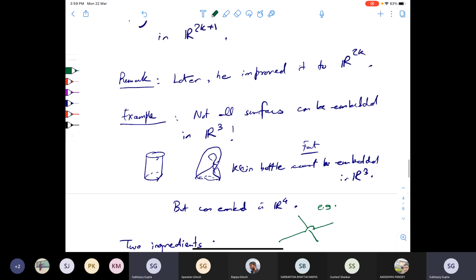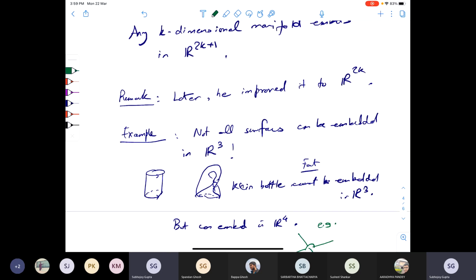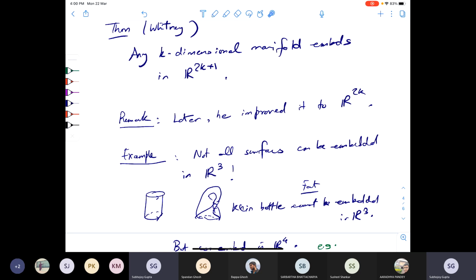Okay, so this is why the Klein bottle can be embedded in R4, and in fact any surface can be embedded in R4, and that's what this improved version of the Whitney embedding theorem says. But in the case of surfaces, it's not hard to see. Once you know how to do a Klein bottle, the classification of surfaces basically gives that. So the only bad things that can happen are some things like this, where you do have some kind of intersection happening, but if you have another dimension, you can just push it in that. Okay.